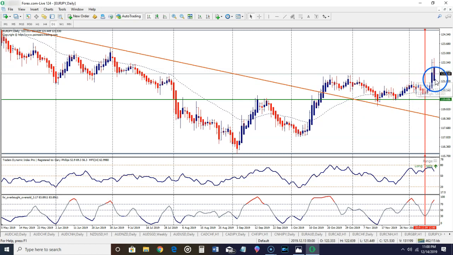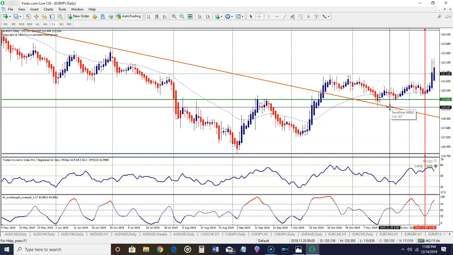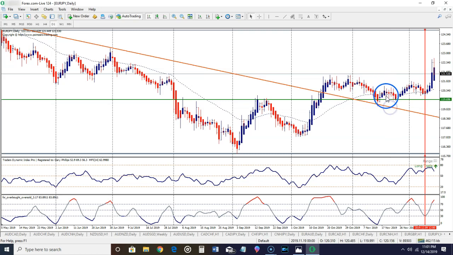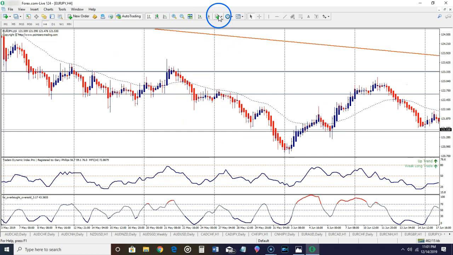We don't want to sell this pair, not at this particular moment, unless price breaks below this level right here. We would be interested in selling the pair again. But price was hovering right here, actually created what we call a triple bottom, right? If you look in more detail at the price, you'll see price was starting to gain bullish momentum to the upside also right there. So what we essentially did, we would have looked for a trade, go down to the